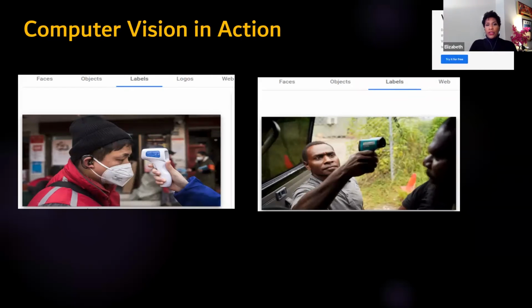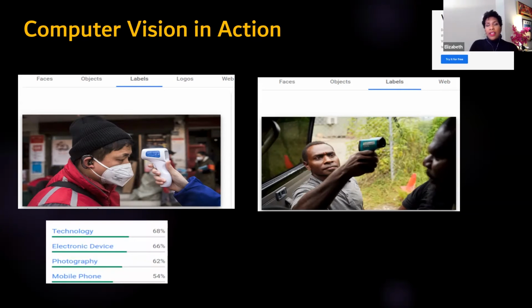As part of our research for PostMe, we also looked into various computer vision models to see if we could show errors in predictive labeling. And so in this particular example, we used Google Vision's AI, an online application that derives insights from your image. And in both pictures, a temperature is being taken with an infrared thermometer. But with the image on the left of the lighter skinned person and the lighter skinned hand, the algorithm predicts one set of labels, such as electronic device, photography, and possibly a mobile phone, but with a 68% probability that the image contains a technology.